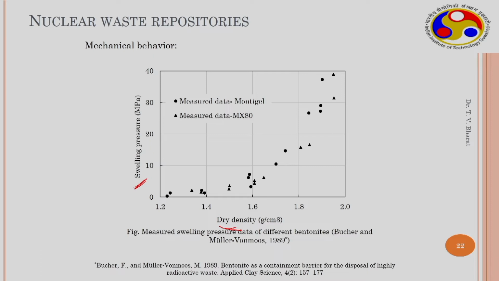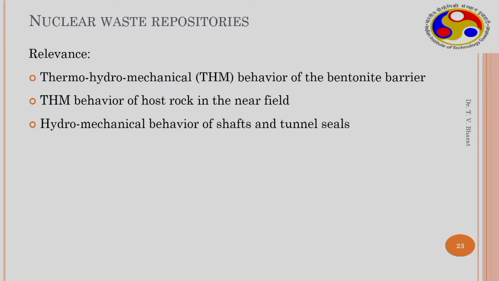This is typical data from Butcher and Muller-von Moos for MX80 bentonite and Montiel bentonite. These are highly plastic clays where the soil is compacted to very high densities, nearly 2 gram per centimeter cube dry density, and it exhibits a swelling pressure of nearly 40 megapascals, 40,000 kilopascals. So the thermo